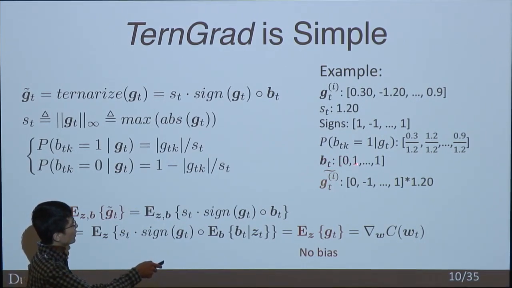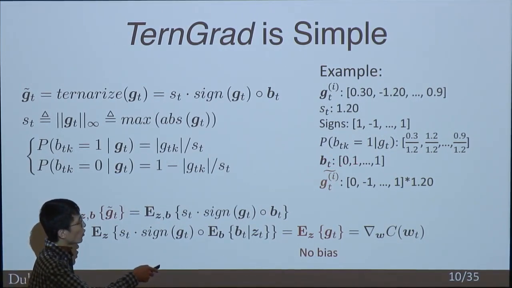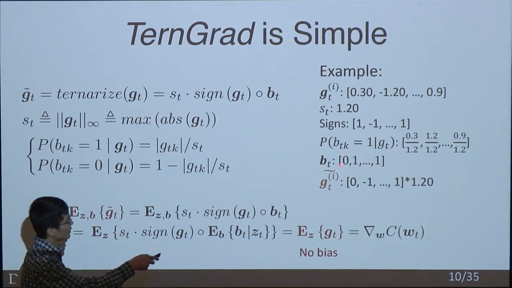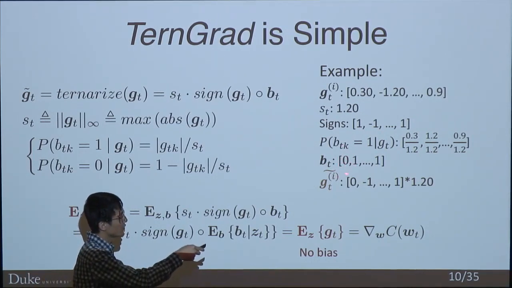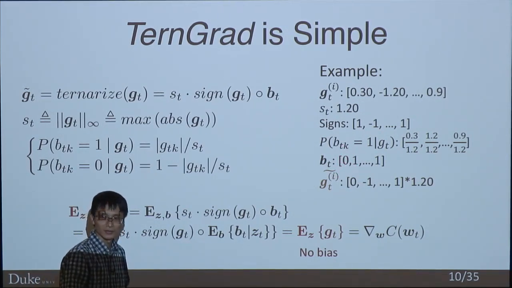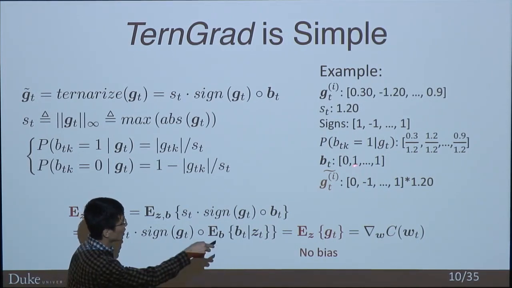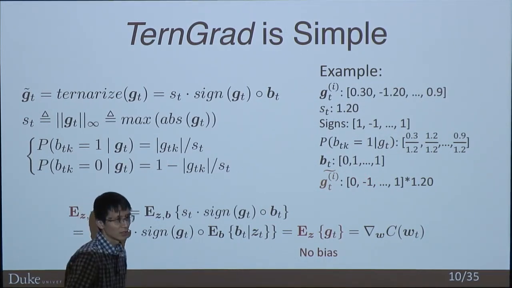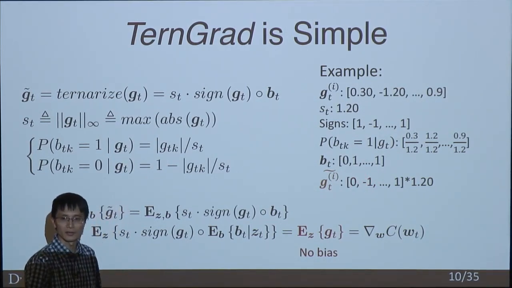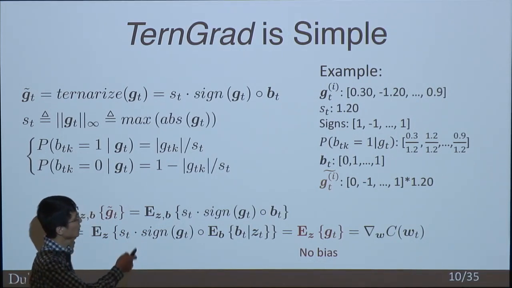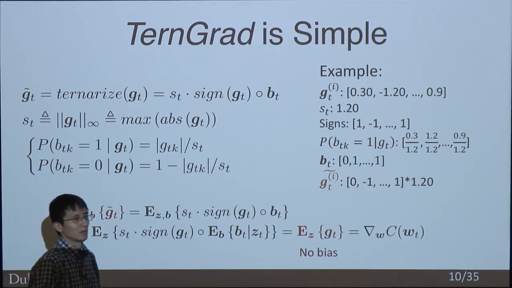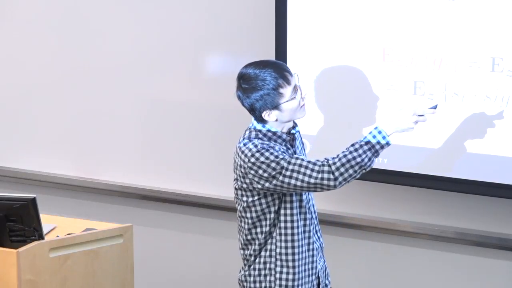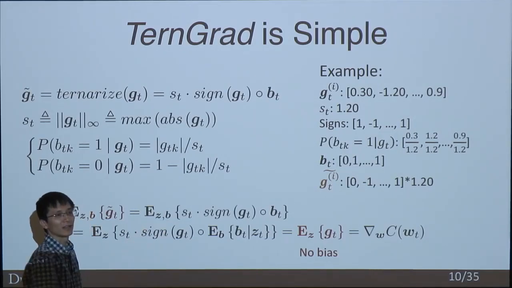Why do we need BT? We want to draw a Bernoulli distribution. First, the value is eventually just 1 or 0, so it's binary. There are only 3 possible values here, so we can encode it in a very low precision. The 3 values are 0, 1, and -1, that is 0, minus ST, and ST, where there is a small scalar here.